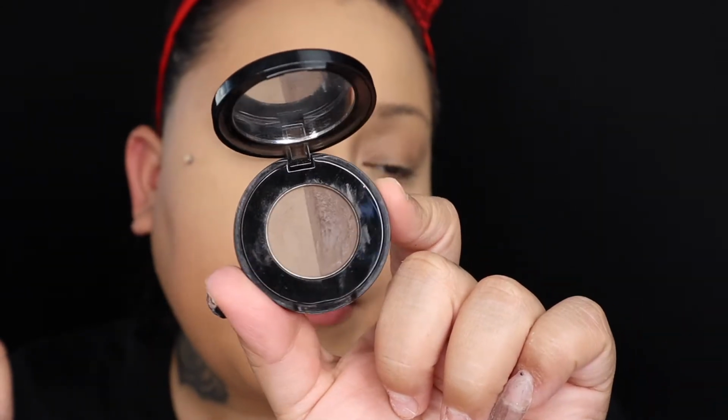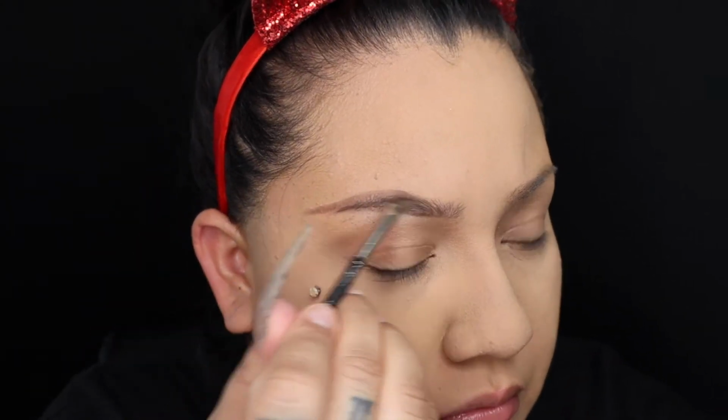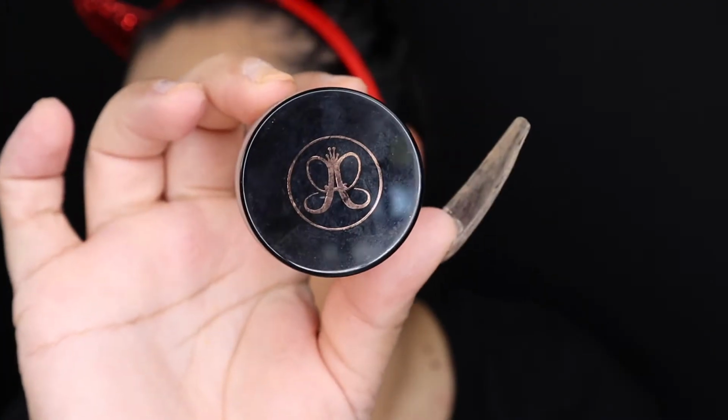Now I know Chucky is a redhead, but this is the baddie version, so I'm gonna just do my regular eyebrows. I'm going to be using the Anastasia brow powder in dark brown, which is what I use every single day. Even though I have millions of brow powders, I use the same. To clean up my brows, I'm using the Anastasia Concealer in 2.0. I'm going to be using a grip of concealer because...